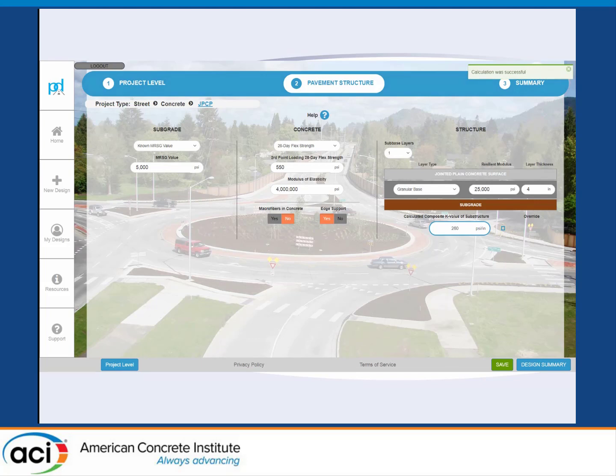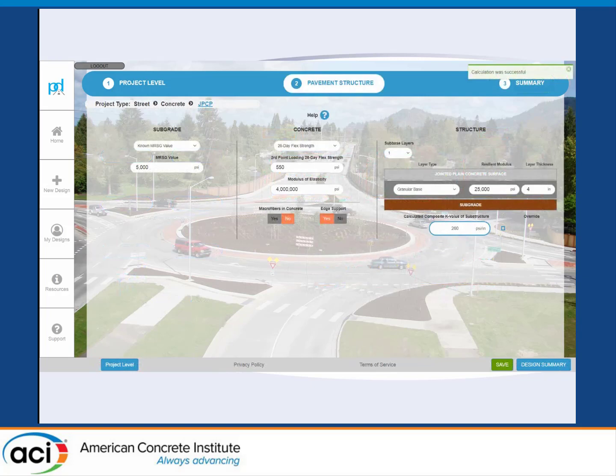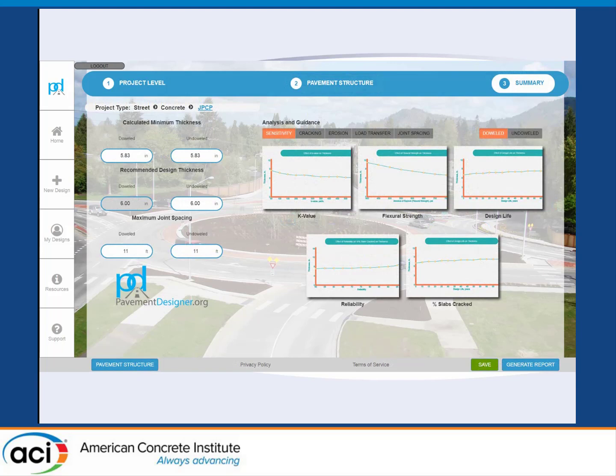And so when we do that, Pavement Designer calculates a composite K value where it's taking all of these substructure layers and combining it with the resilient modulus value to give us our full support system. And you can see our K value is calculated there. We can also override that K value if we determine that's maybe a little high for what we were expecting. We can actually override it with our own user inputted K value,